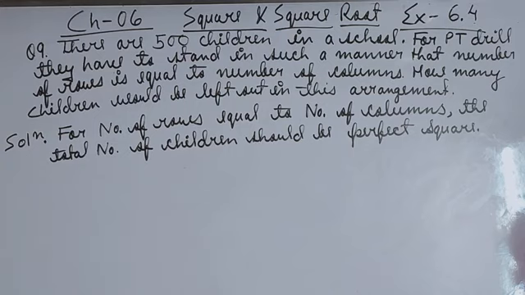एक स्कूल है जिसमें 500 चिल्ड्रन आर देयर, and there is a PT drill for that, the number of rows will be equals to what? Number of columns. This condition is quite similar to that number of plants in a row is equals to the number of rows, or we can say number of children in a row is equals to the number of rows, because number of children in a row will form what? Number of columns. So here also for this type of arrangement the total number of children should be what? Perfect square number. क्या होना चाहिए?